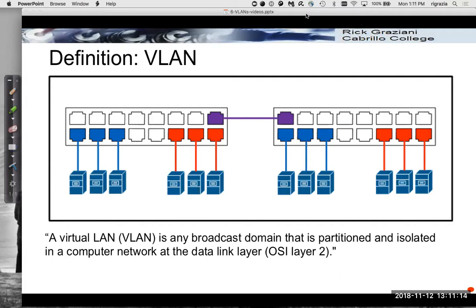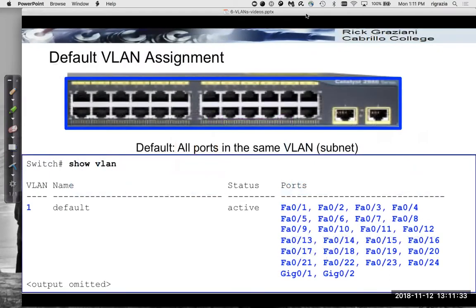It's a broadcast domain that is partitioned and isolated in a computer network at the data link layer, OSI layer 2. So when we think of VLANs, we usually think of a broadcast domain within a switch or group of switches. Okay, so typically when we think about a layer 2 switch in the past, we've been thinking of that,